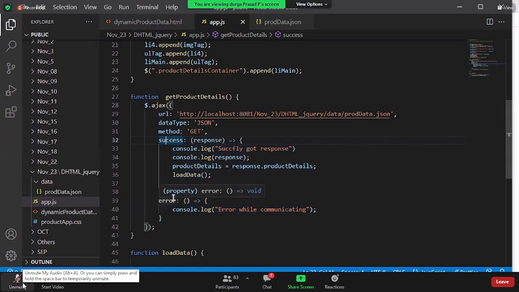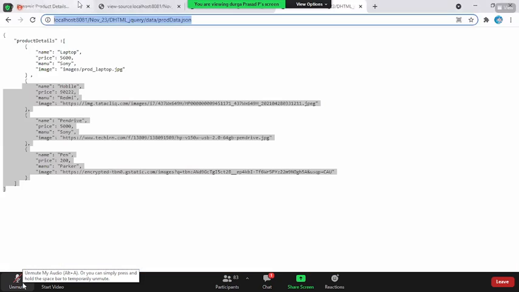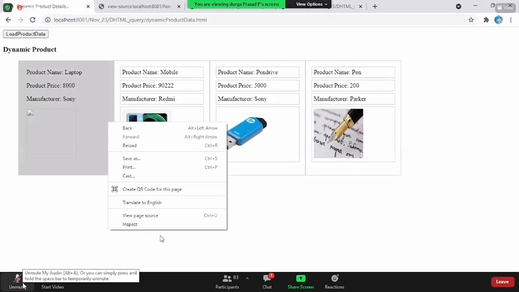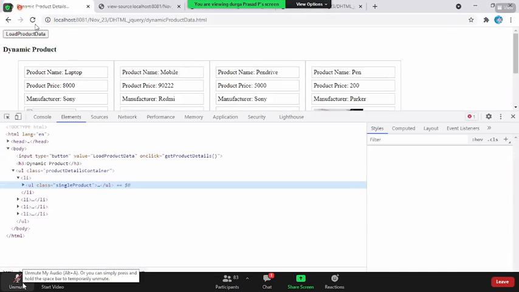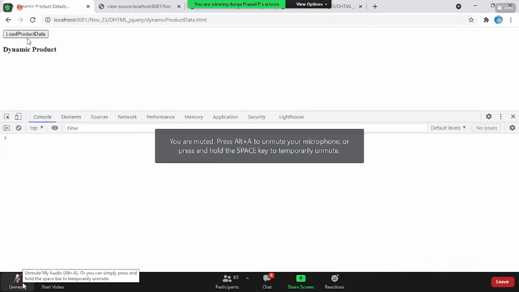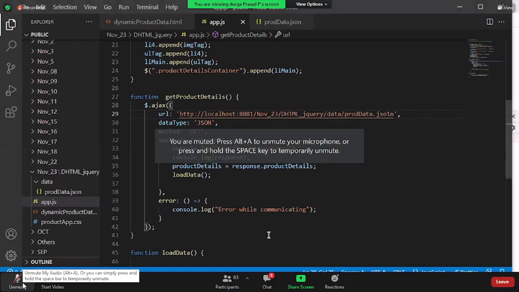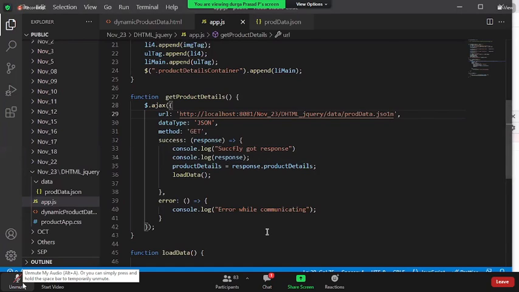When I'm hitting a server, if I get an error, I automatically invoke the error. Assume you're giving something like this. You are hitting this web service URL. Is this web service URL existing? No, sir. Automatically, whether that error is executing or not. Reload the page, console, load the product data. See, automatically, we are not taking care. It will automatically take care. Once I get a response, I will invoke the success. Once I get an error, I will invoke the error callback.